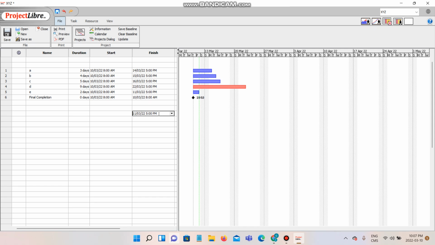So as we can see, all of the bar graphs are in blue color, but this bar is in red. So this explains how critical this task is, or how important this path is to complete,